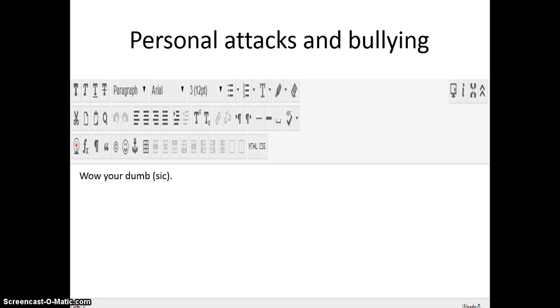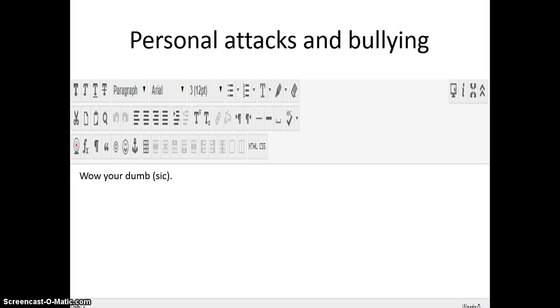Another form of conflict, but one that ratchets it up a notch, is personal attacks and bullying. So this can be an escalation of an existing conflict and the result of any given student's beliefs, whether they're religious or philosophical, or it could just be that they have a bullying personality trait. So again, just like any conflict left alone, these students can discourage other students' participation. They can contribute to other students dropping the course. It just creates an overall bad vibe in the discussion.